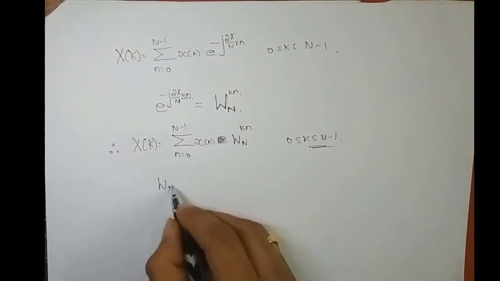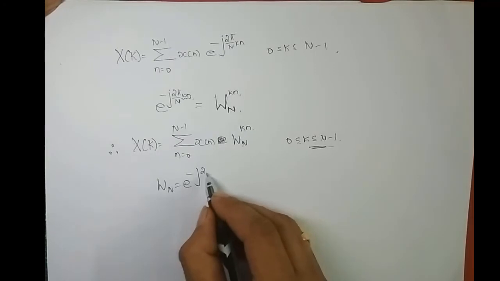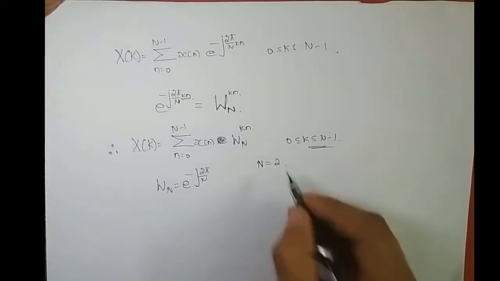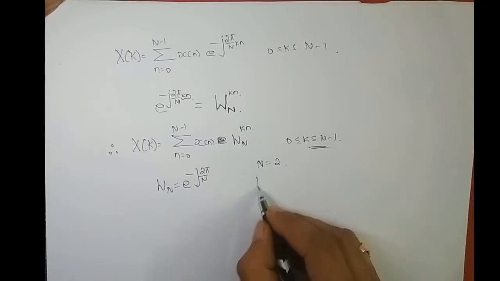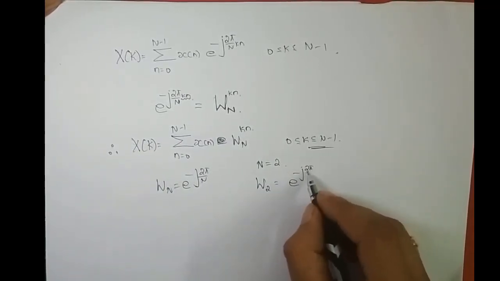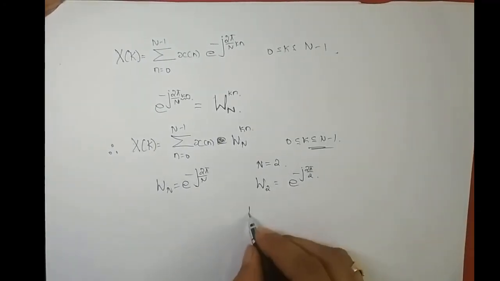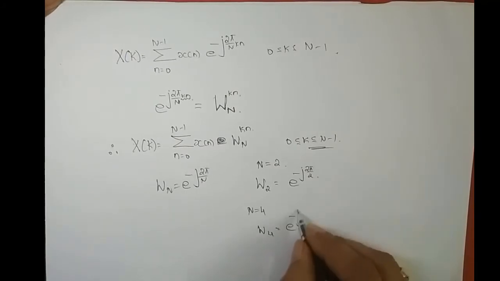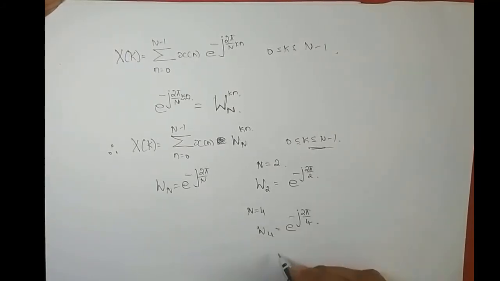So W_N is what? E power minus j 2 pi by n. For example, for n equal to 2, how do I write it? W2. And what is W2? E power minus j 2 pi by 2. For n equal to 4, W4, and what is W4? E power minus j 2 pi by 4, and so on. Second key note,